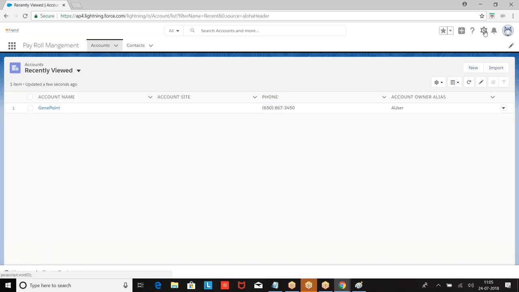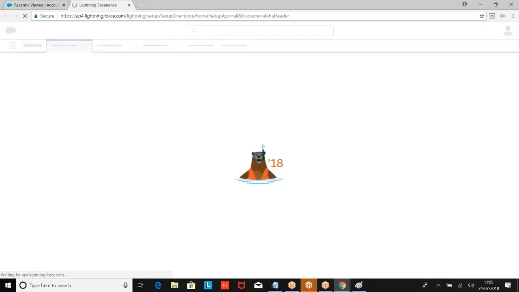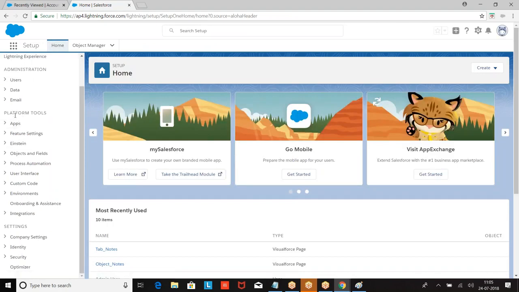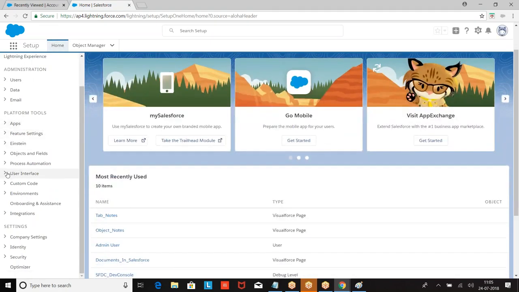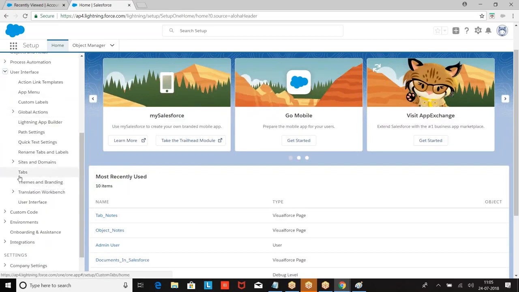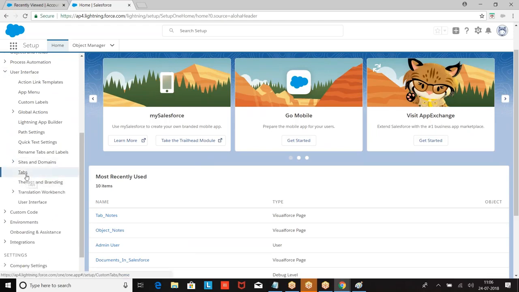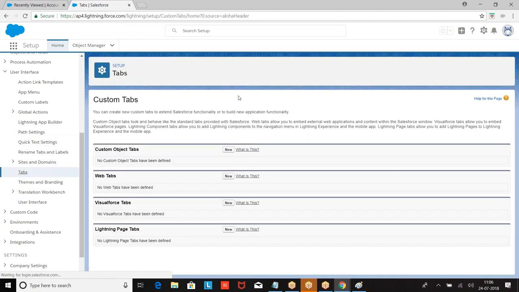Now, Setup, then we have Platform Tools, User Interface, then we have Tabs, Sites and Domains, Tabs, then we have Custom Object Tab, Web Tab, Visualforce Tab. So what was this?